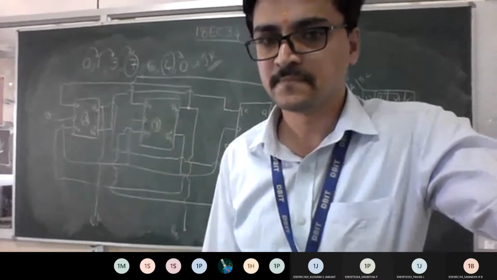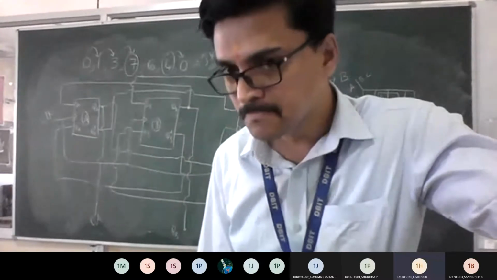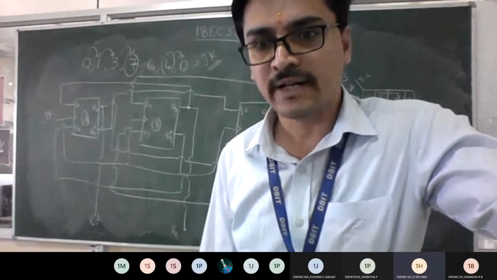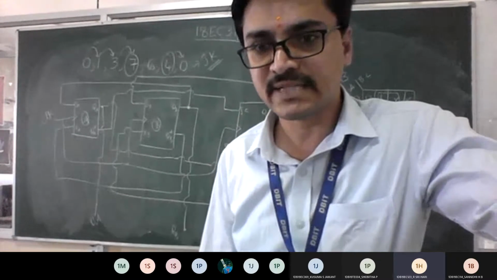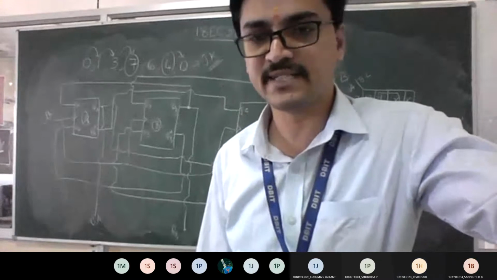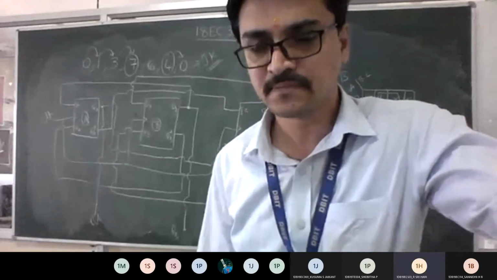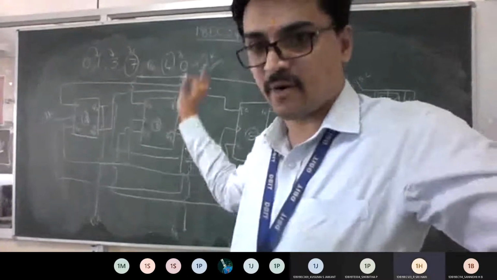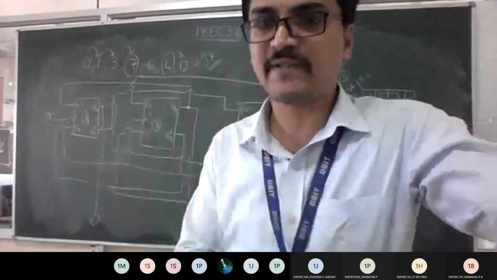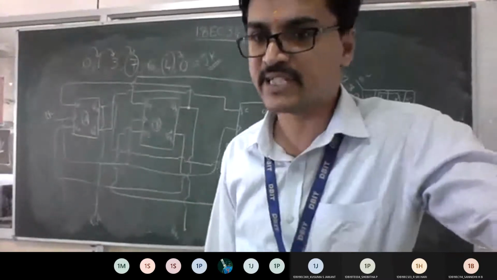Sir, for every question, is the excitation table similar? No. The excitation table is similar if it is a JK flip-flop. If it is SR, different. If it is D, different. If it is T, different. We did it in the last class. Yes, sir. So the excitation table depends upon your flip-flops. So in this, it was JK. In the previous problem also, I think we saw JK. That's why it looks similar for you. Okay, let me change the question now.